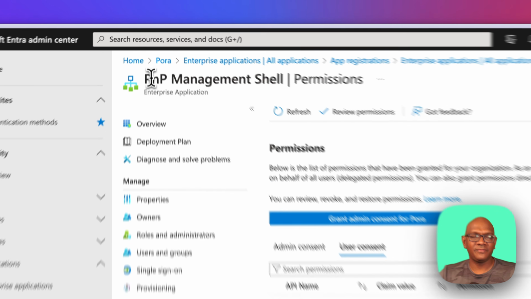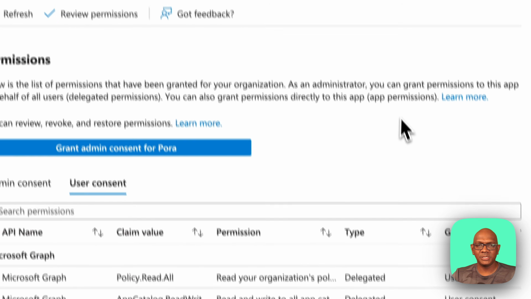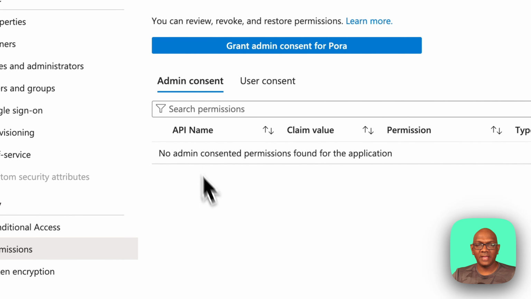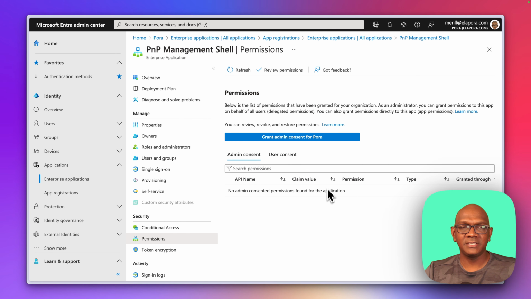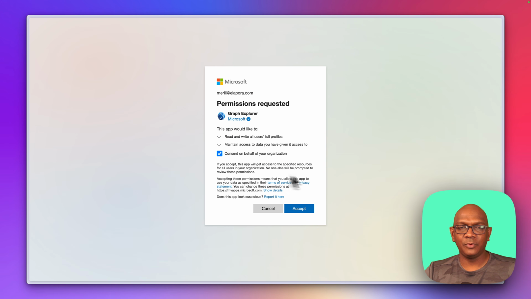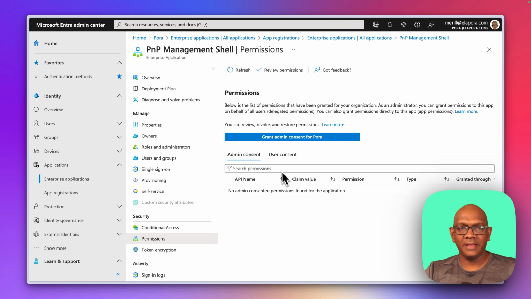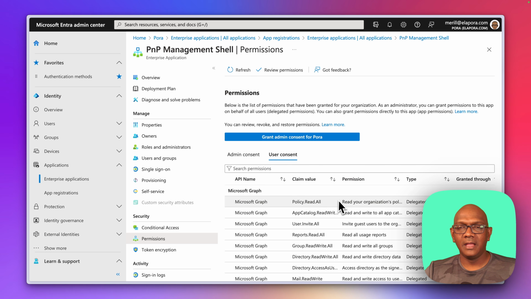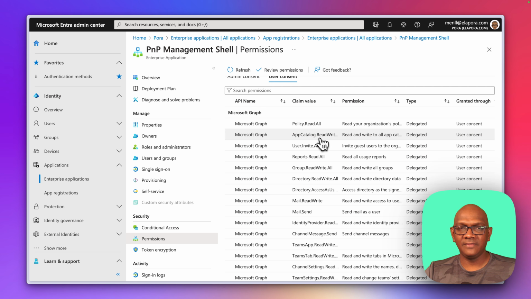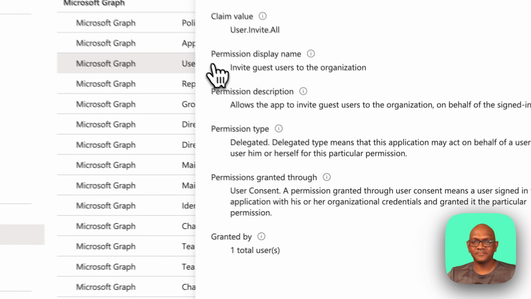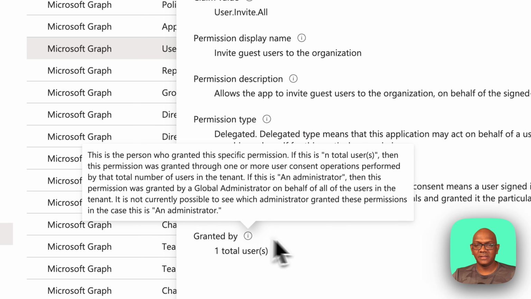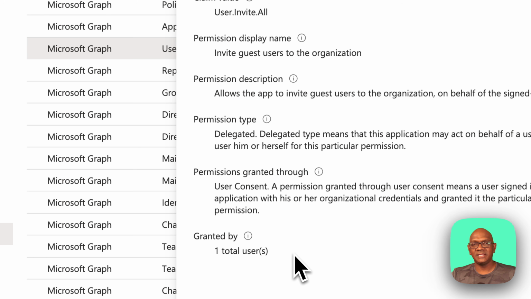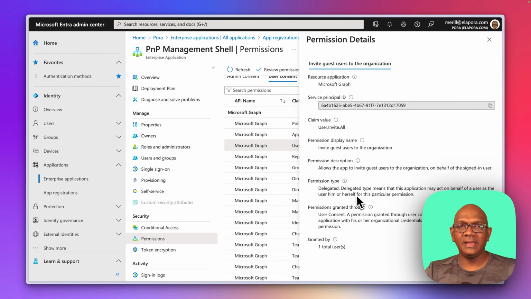Say I've opened one of the apps, which is PnP Management Shell. You can see there's no admin consent, which means I didn't tick that box when I granted the permission. If you tick the box here, it would be granted for everyone, and you would see it listed as granted for all of the users. But if it's user consent, if you click through to these permissions, you can actually see it says granted to just one user, right? So you can see that it's been granted to one user, but you can't really see